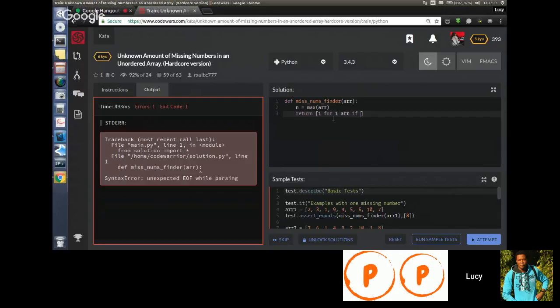Let me state it. Like, return I for I in R if it is not in R. So you return this. First, what are we checking? If I is not in our new array that we're going to create. But it's supposed to be the other way around. We should return I for I in our new array if it's not in this R.